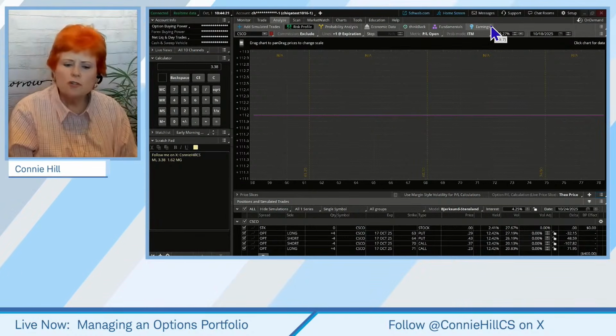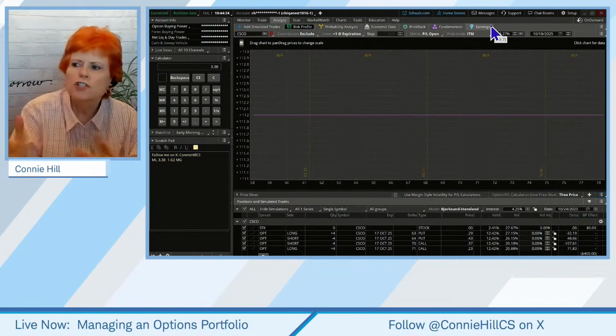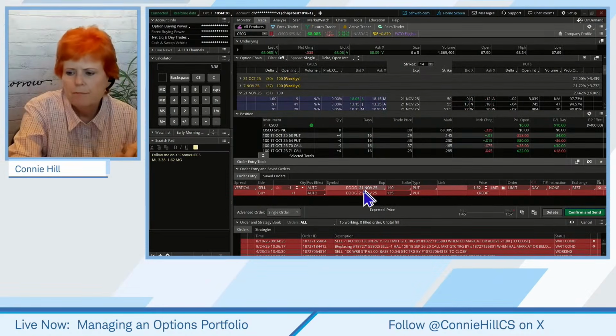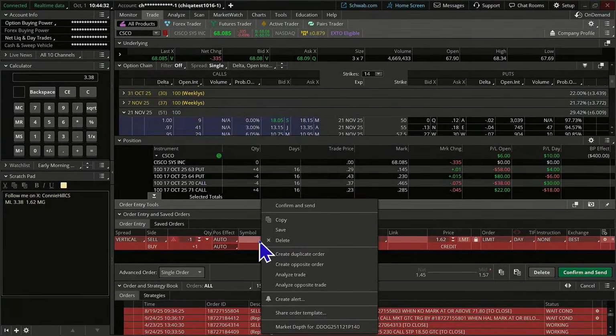In any case, if this is a tool you're not familiar with, I'm going to give you a challenge, maybe on your next couple of trades that you decide to do. Set them up here on the trade tab, right mouse click, go to analyze trade, and maybe do it from the get-go. See what you can learn from it, look at it a few days later, see how the graph has changed on that particular trade that you're working on. And then the other thing is if you're at a point you really want to know what strategies are working well for you, download that trading journal, start tracking it. It is a little bit of work, but a lot of people who have used it in the past have really said, man, that really has helped us out.